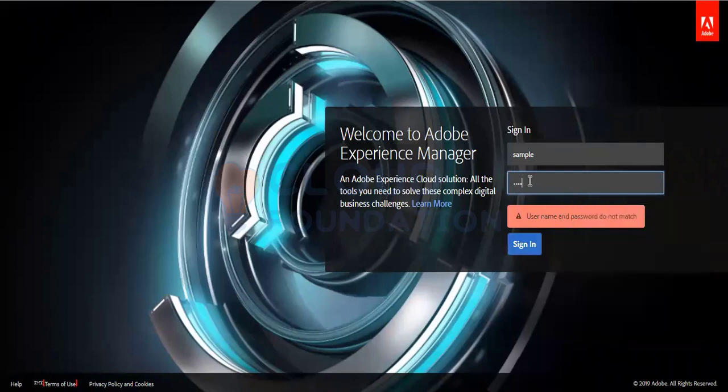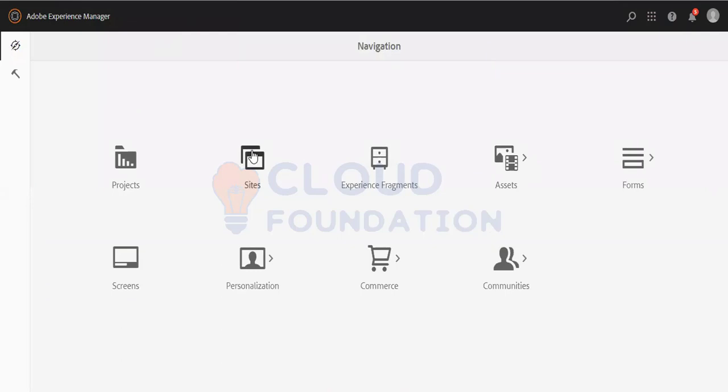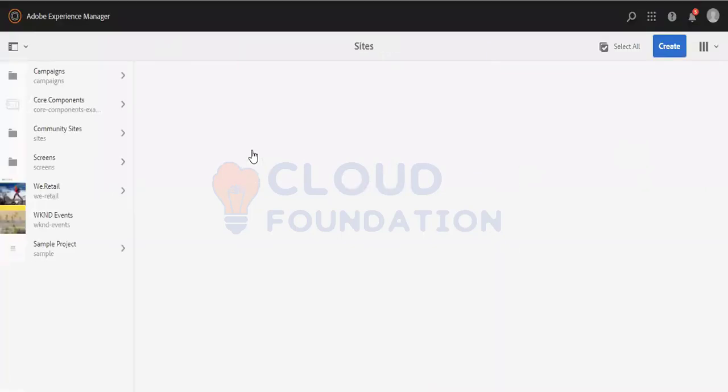No, it's not working. Okay, but if it's not working, let me just do it with admin only. Okay. So you'll be able to do all the things with that sample also because you assign those things to